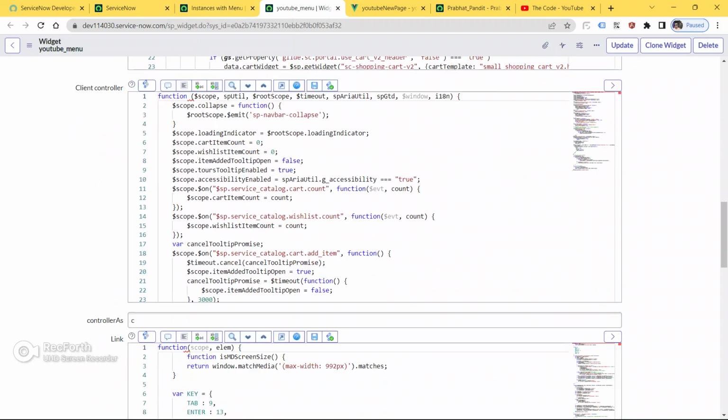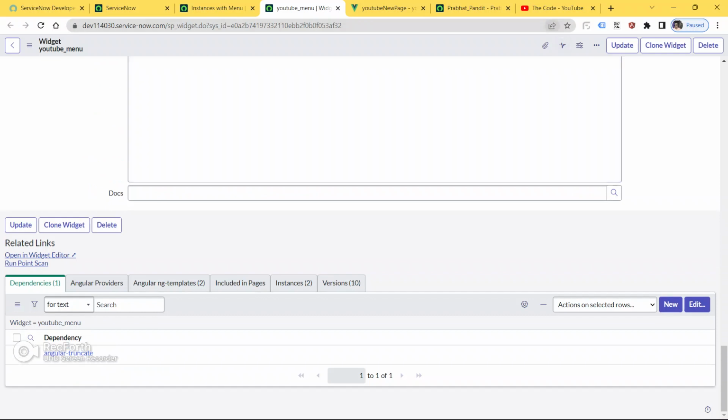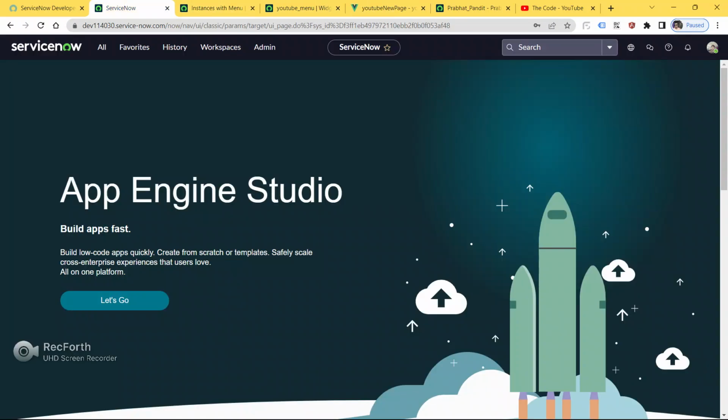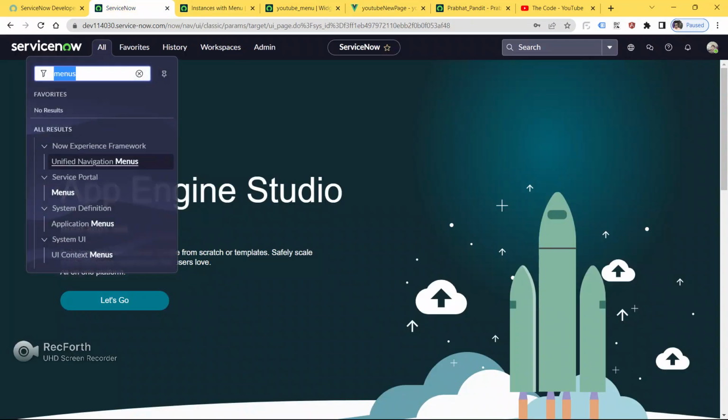This is our menu, guys. Whatever you do to this menu will be applied on this menu. So I'm going to change this white border and also the background.